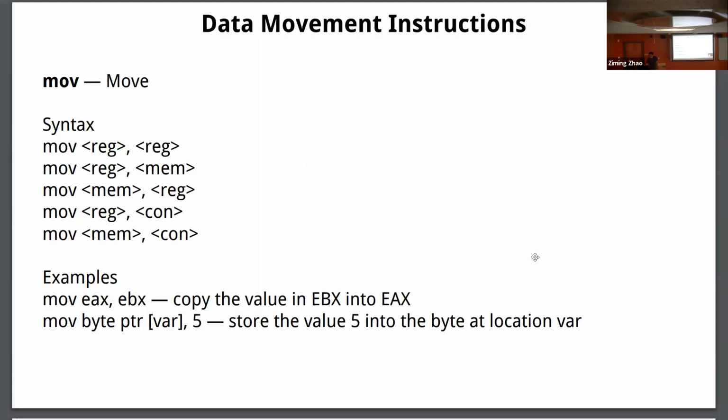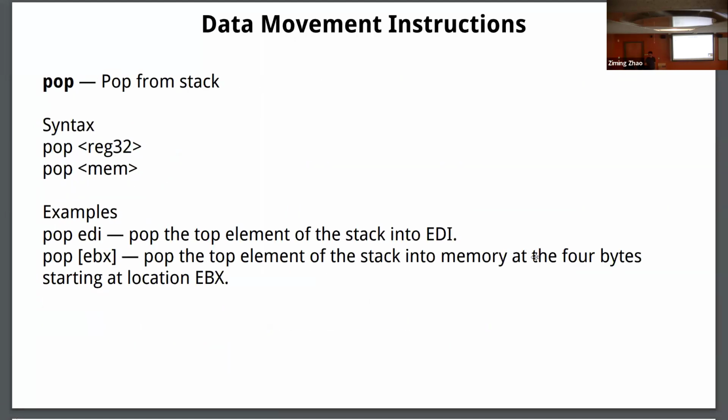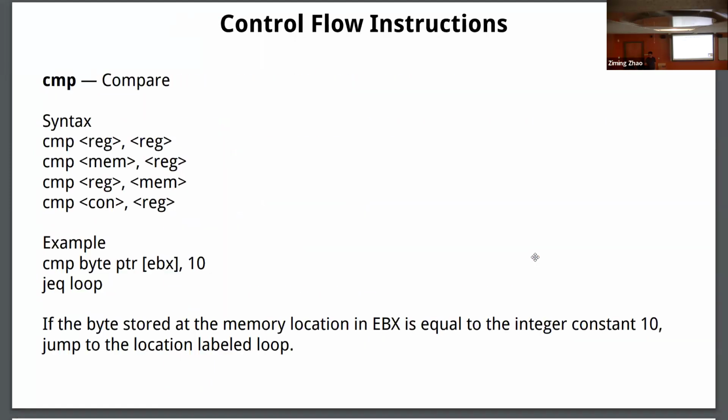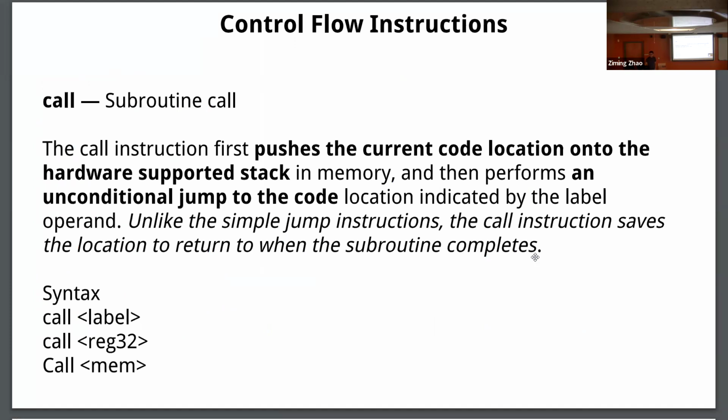Okay, welcome back. Last week we were talking about the call instruction on the x86 architecture, which is used to make a function call. This instruction basically does two things. One is push the current code location, which is whatever is in the EIP register, onto the stack. The stack is pointed to by the ESP register. Then it performs an unconditional jump to the code location indicated